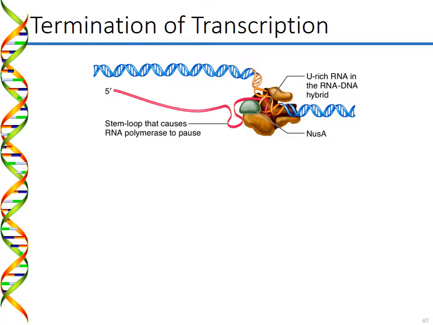But during the process of transcription, we have this hybrid RNA-DNA bonded together, and so it's sort of a double strand, and it doesn't actually form the double helix that we normally associate with double-stranded DNA, but it